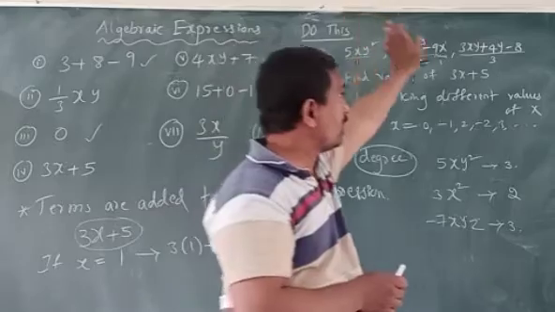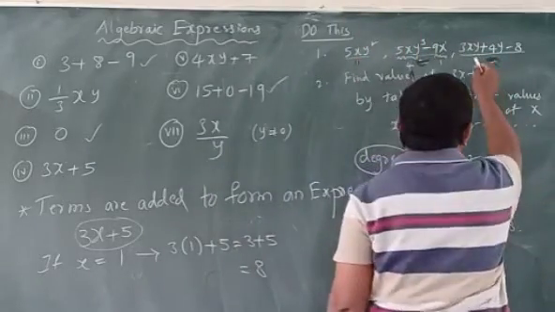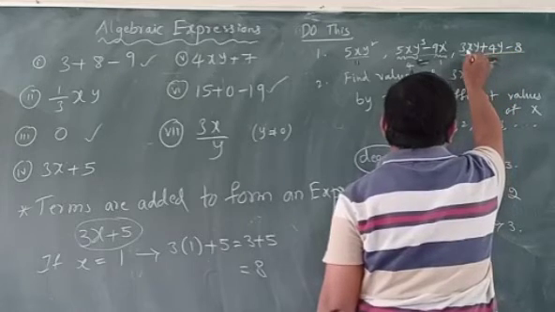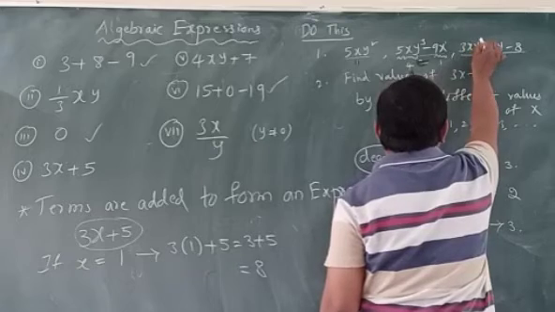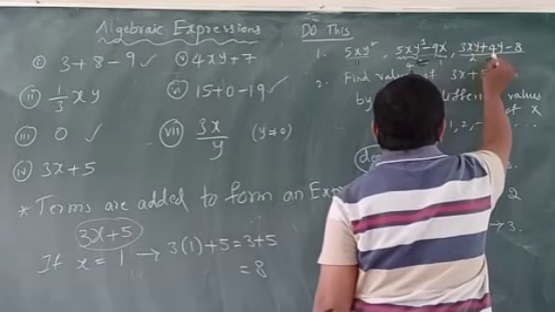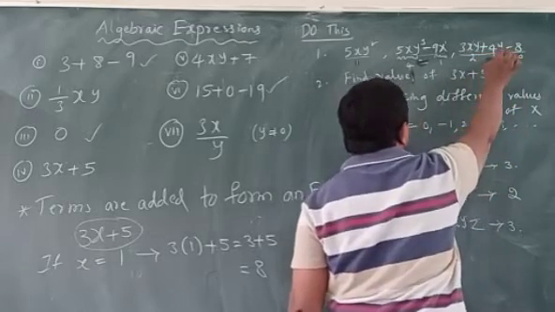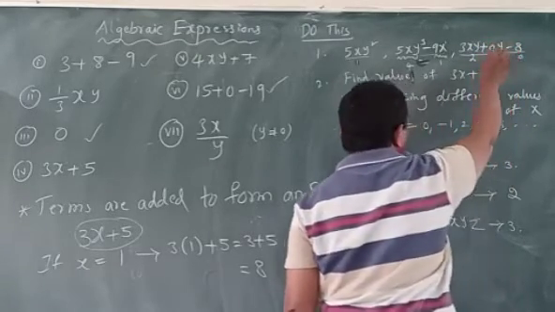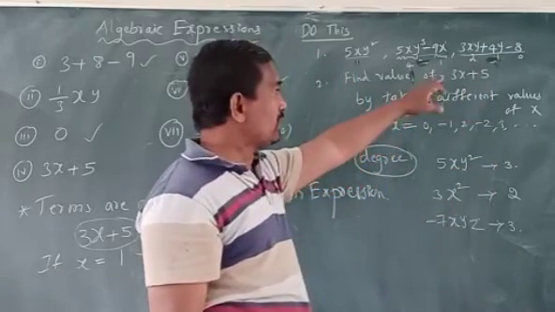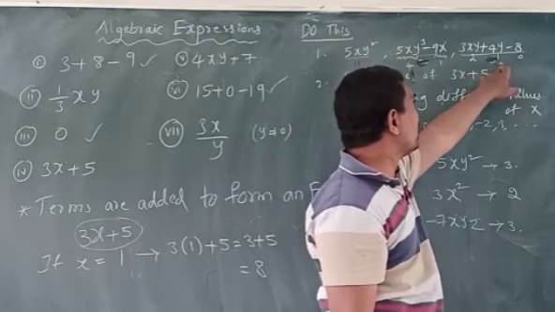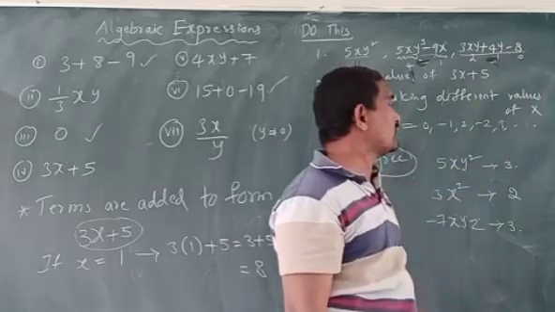Okay. Now here see. What is the degree of this algebraic expression? How many terms? 3 terms. Here first term 3 into x into y. What are the variables? x, y. Power 1, 1. 1 plus 1, 2. Here 1. Here 0. So what is the highest degree of the term? 2. So 2 is the degree of this algebraic expression. The highest degree of the terms in the algebraic expression is called the degree of the algebraic expression.